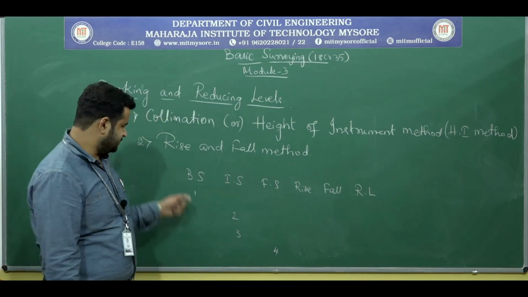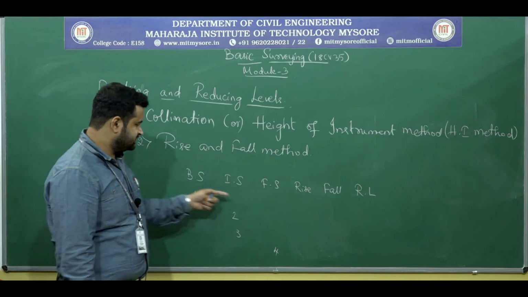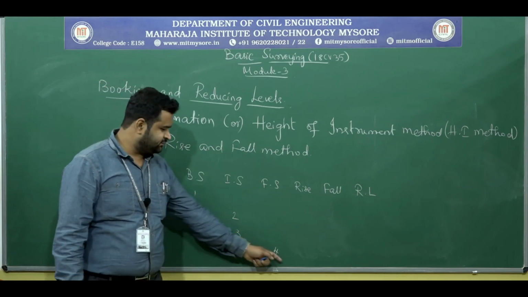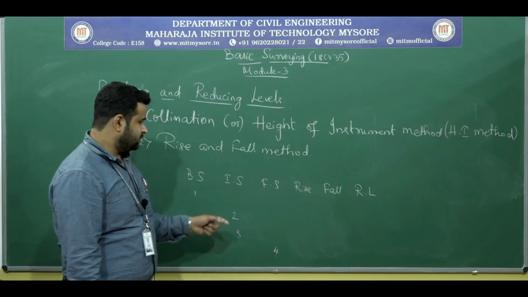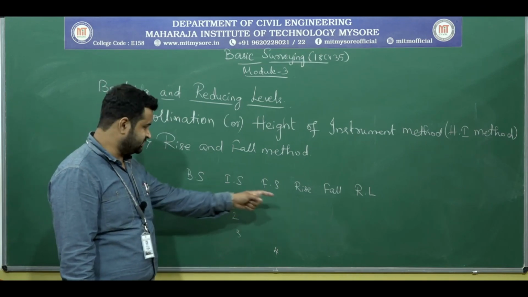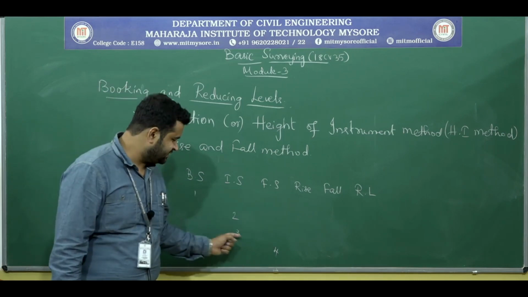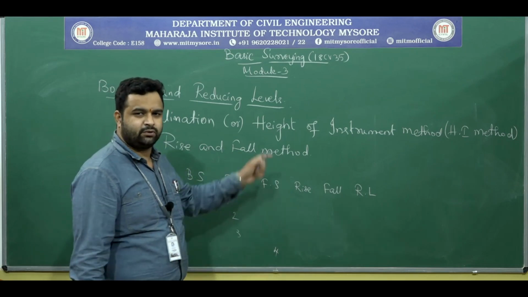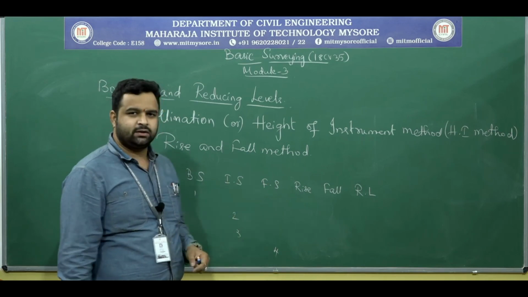Okay, remember, in a similar manner, if you know backsight, say 1, 2, 3 and 4. What I am doing here is I have started taking levels from station 1, which is backsight, station 2 and 3 will be intermediate, and station 4 denotes the end reading. Okay, so to calculate rise or fall, you have to take the difference between these two levels. Next you will get one value here. The next difference between these two will give one more. The difference between these two will give one more value. Depending on plus or minus, you have to enter that under rise and fall. Okay, then calculate the RL.